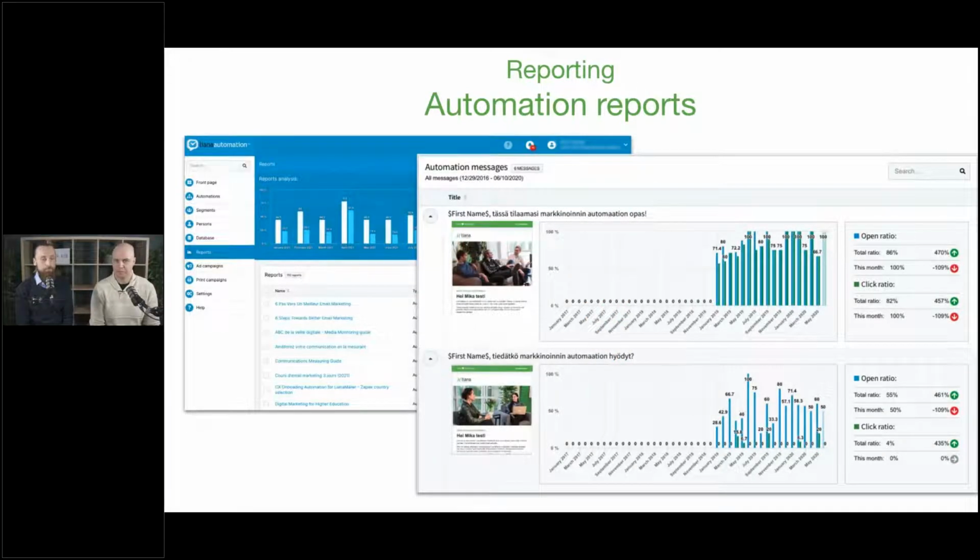If the first two messages have a good CTA, but then with the third message the customers are not that engaged, you might try to optimize, for example by leaving that third message out. Or vice versa: if the third message is still having a really good CTA, you might want to continue the workflow with a fourth message and try different channels. Try doing SMS instead and things like that. So track your results and optimize.